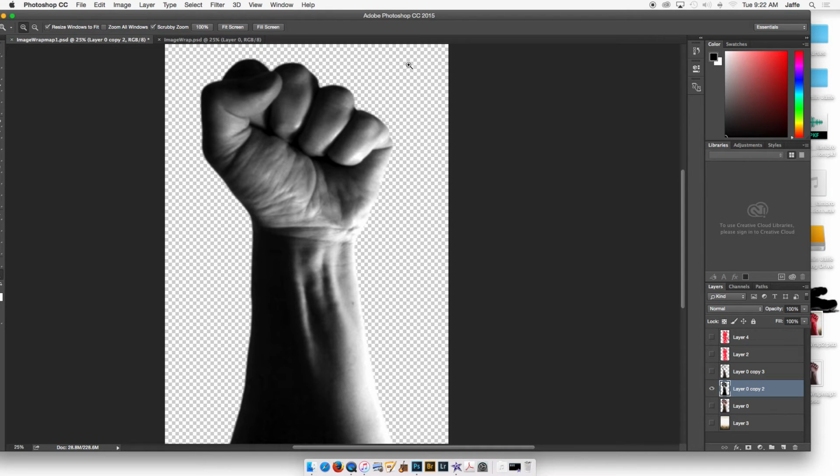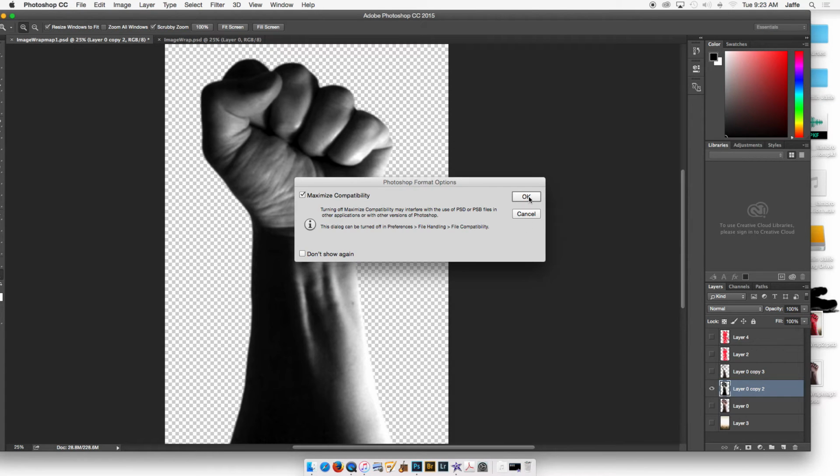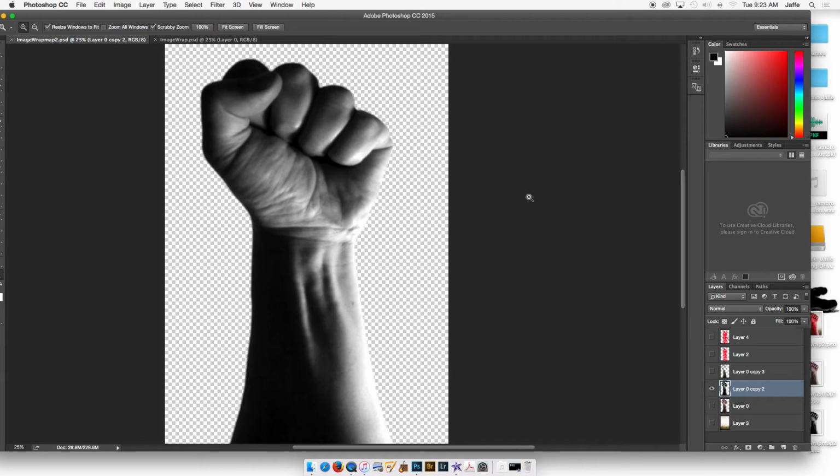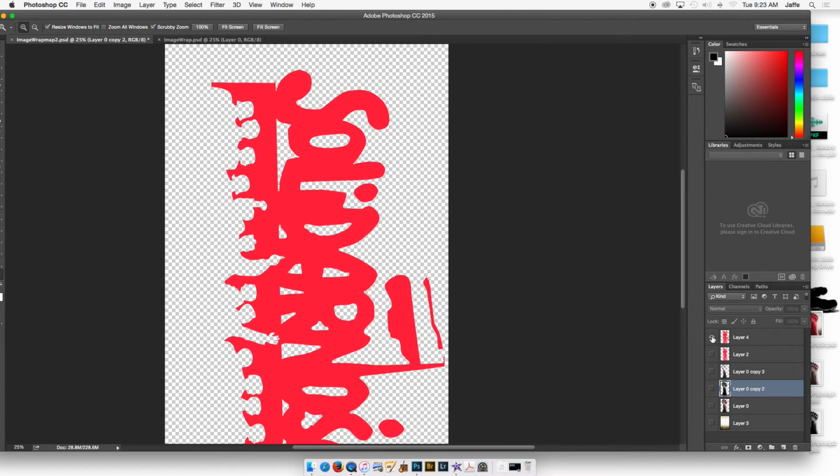Okay. And then from this, we're going to make our image map. Save as. We're going to call this image wrap map 2. Save it on the desktop. Okay, now if you notice, we've got our black and white map down here. Now we're going to go back. That was our blurry version. I also have the regular version here. Now, just going to hide that for a minute, and I'm going to go to my flag missing the white,